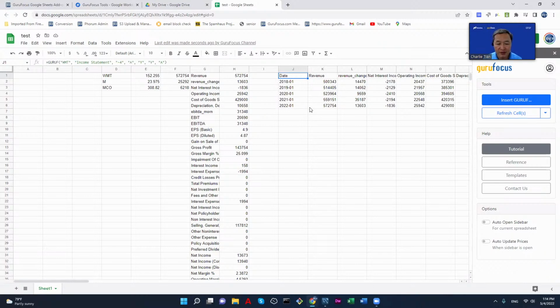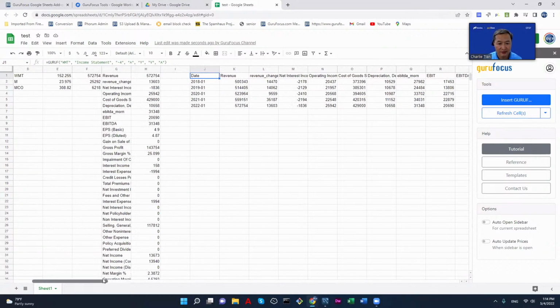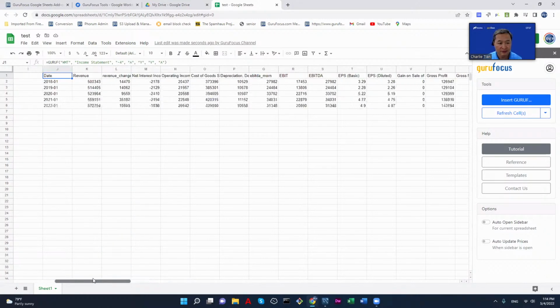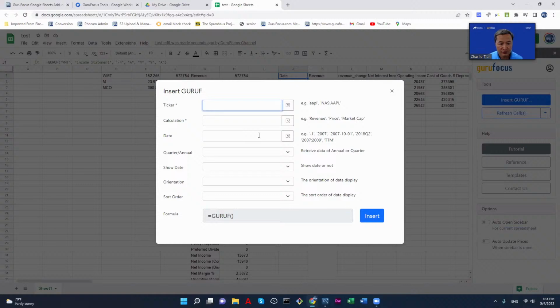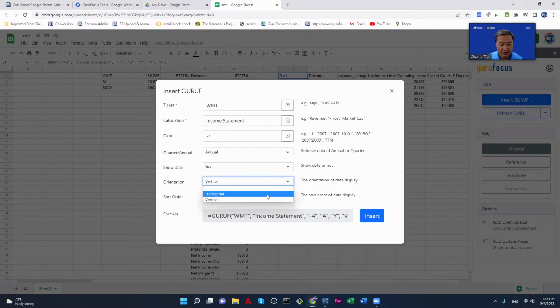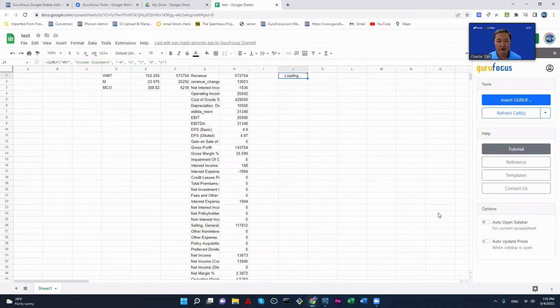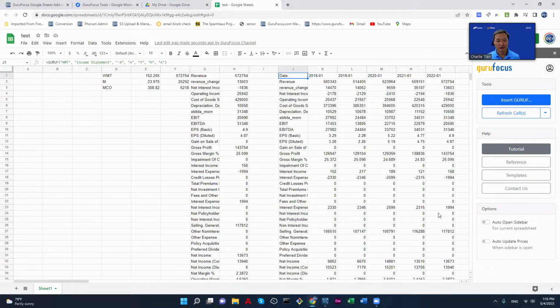yeah, it gives me the last 4 years of financial statement, income statement. You can see it's because I asked it to show vertically, it's showing vertically this way. And if I just change it, instead of vertical, to horizontal, you can see it's loading, and it will show you the